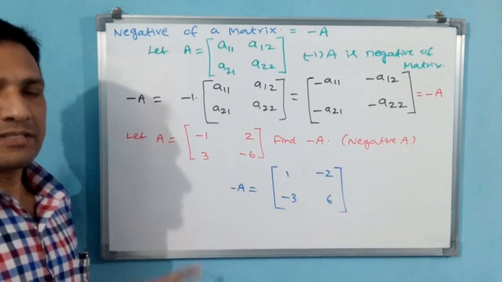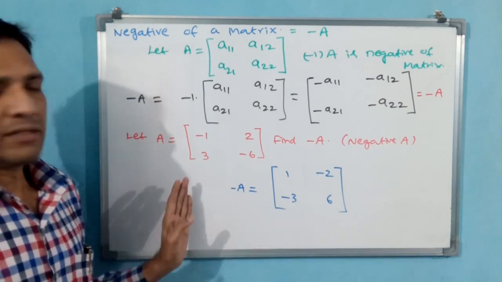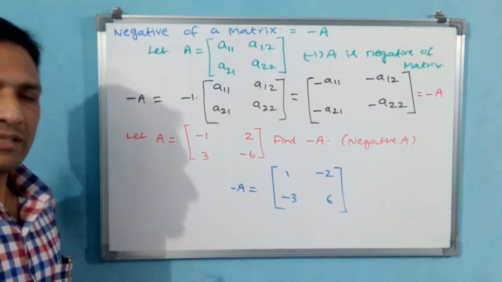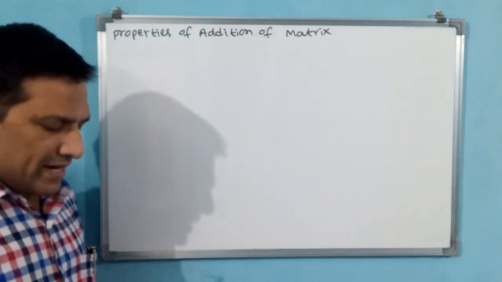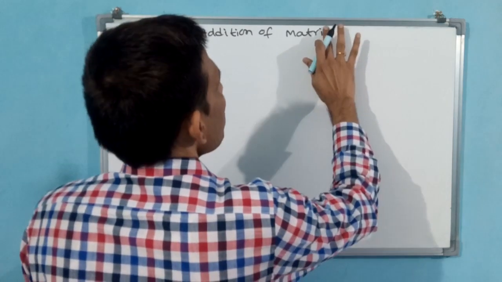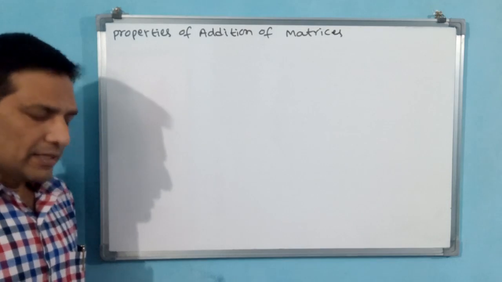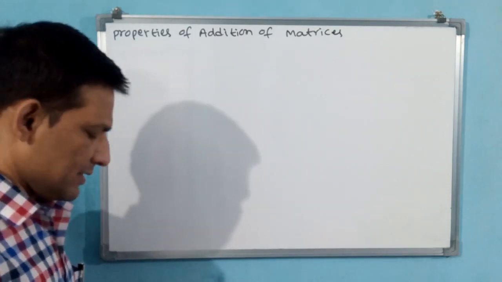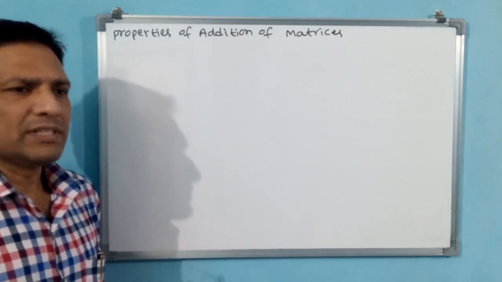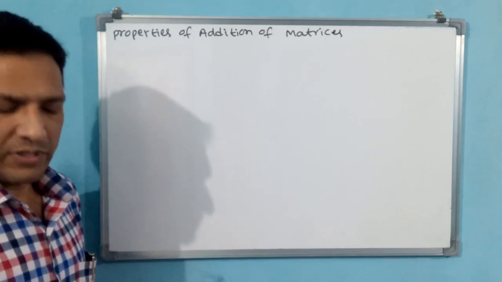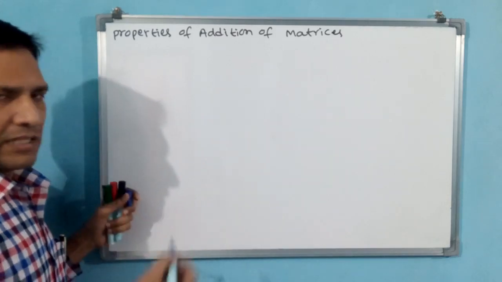Okay. If you understand these three concepts, addition of matrices, multiplication by a scalar, and negative of a matrix, then we go for the properties of addition of matrices. Not matrix, we can say matrices. Addition of matrices, why? Because two matrices we have to add. That is why properties of addition of matrices. Normally we have seen everything: sets we have seen, relations we have seen, and complex numbers also we have seen. These properties after addition we have seen. What are the properties?